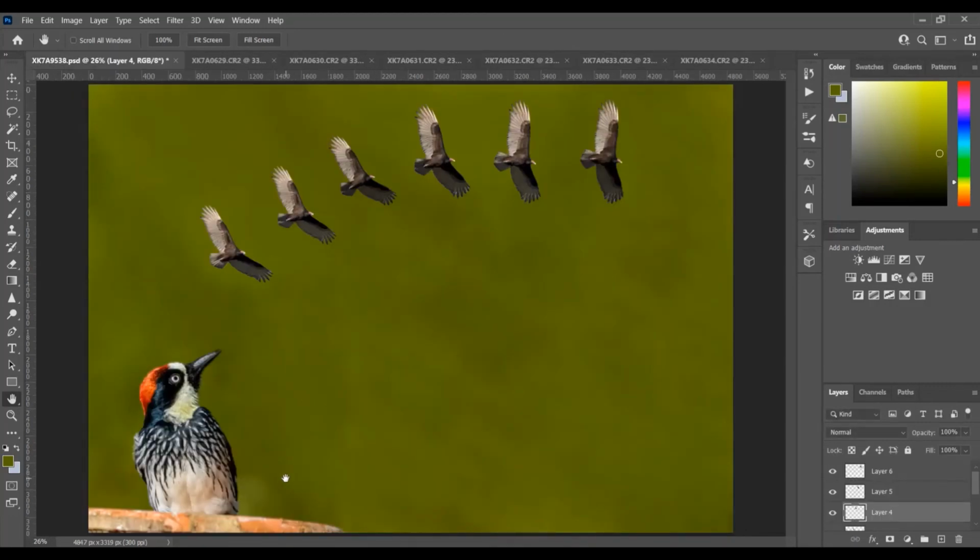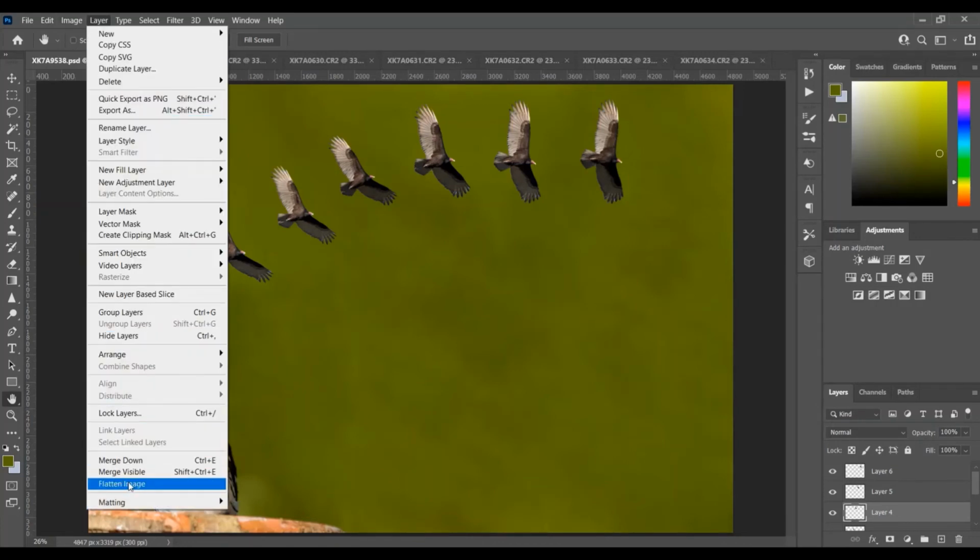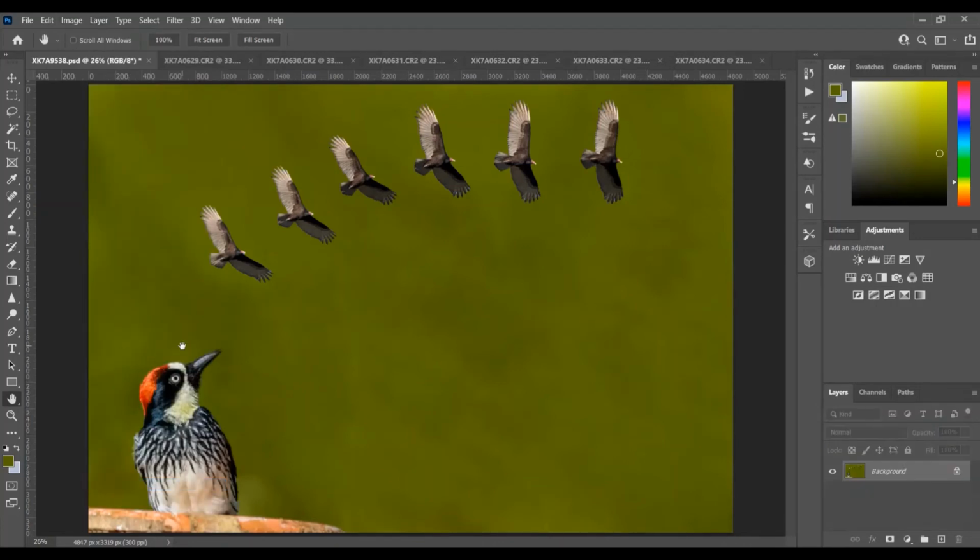Even though this is an artist's impression, you can see that the acorn woodpecker is looking at this vulture who's flying out and making some sense out of it. Now, there is some selection issue in the wings over here, which can still be corrected. These vulture images were not processed, so I'm going to the layers and saying flatten the image.